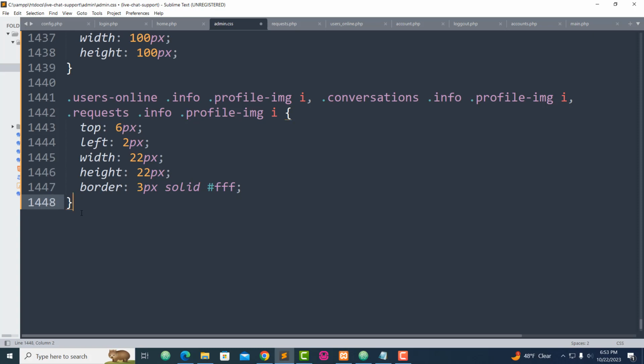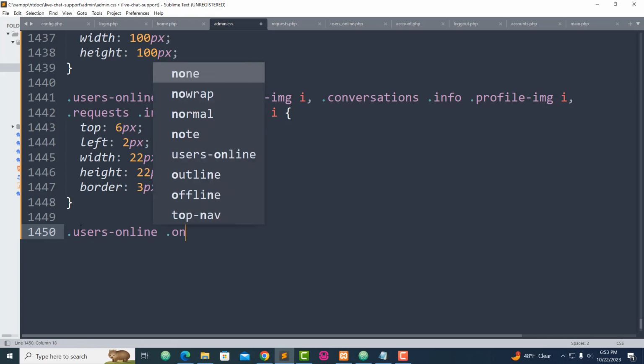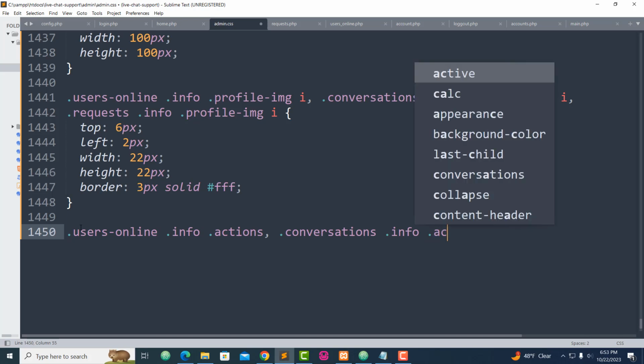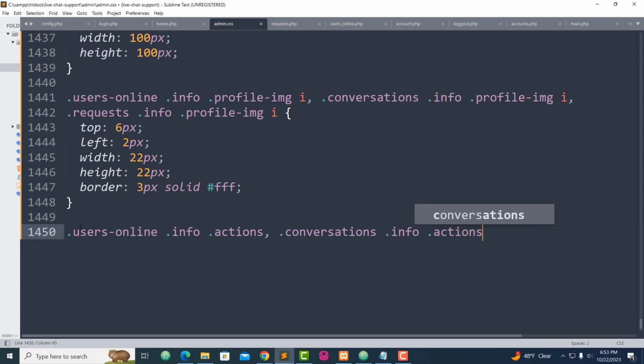Now after adding this, okay, we need the user online info actions. Conversation info actions, request conversation info actions, and we have request and info actions. Yeah, so we'll finish with the